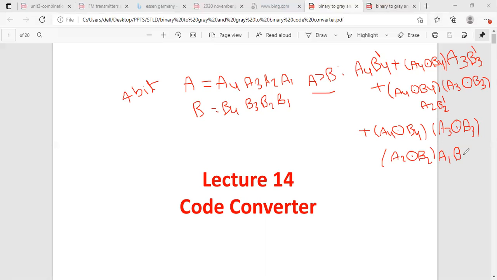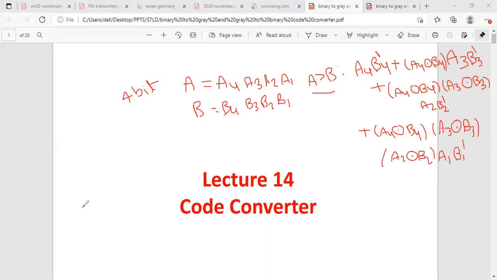So finally you can say that is also the A greater than B condition. So this is the Boolean expression to represent the A greater than B condition for the 4-bit comparator.